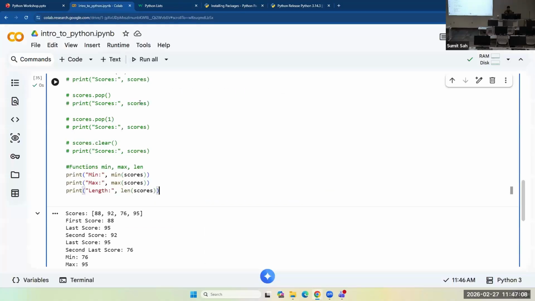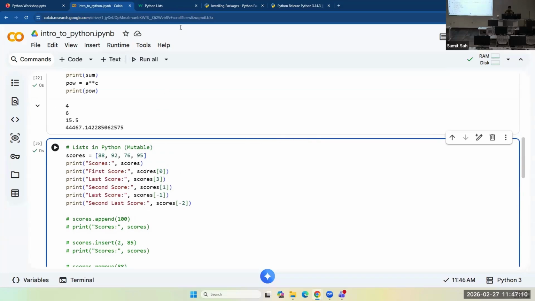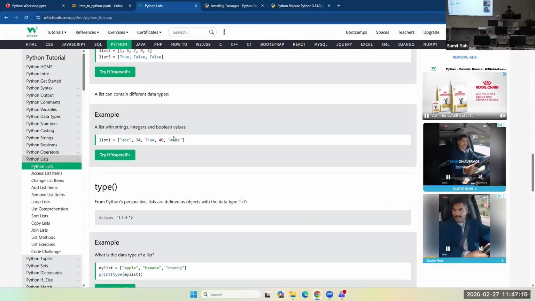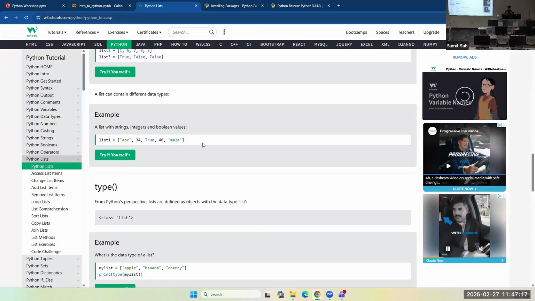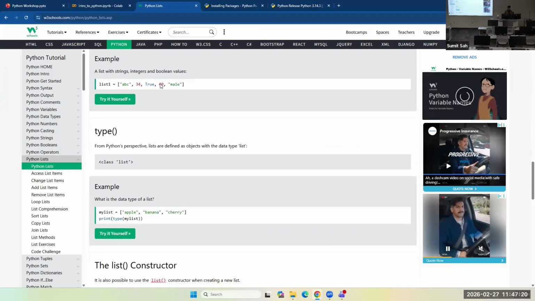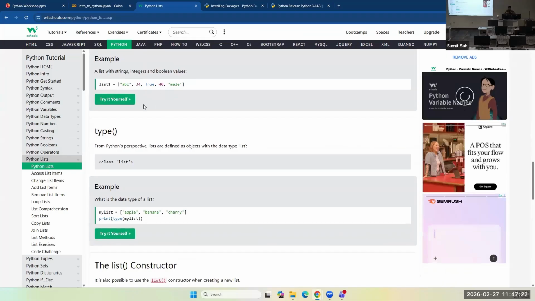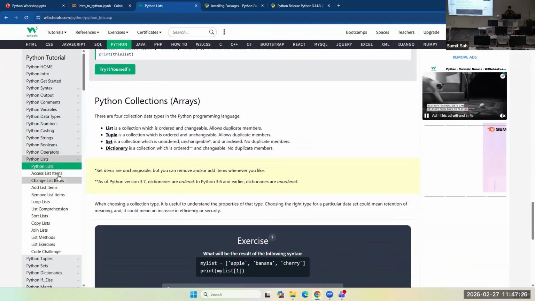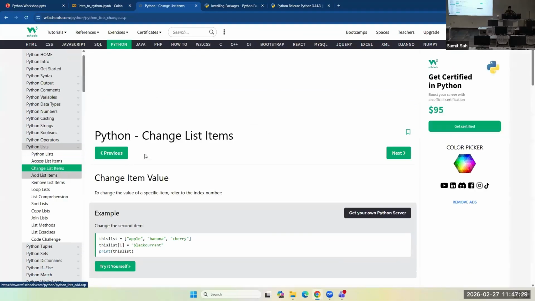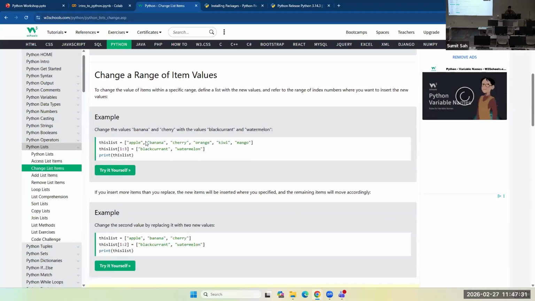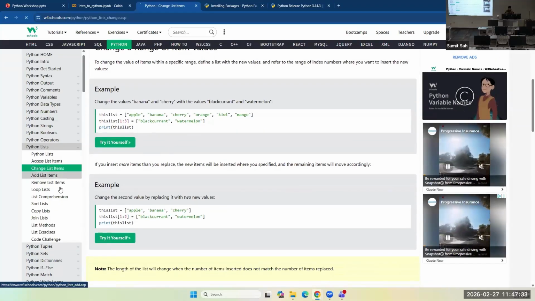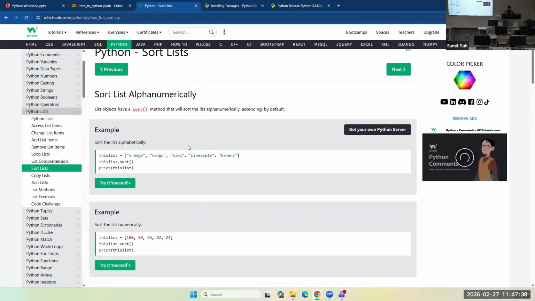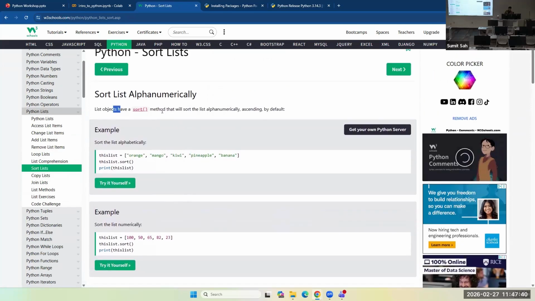I just showed a list of numbers, but you could mix different values, all kinds of data types, in a list. Accessing list items, changing list items, adding, removing, and all. And you can also sort lists using the method sort.